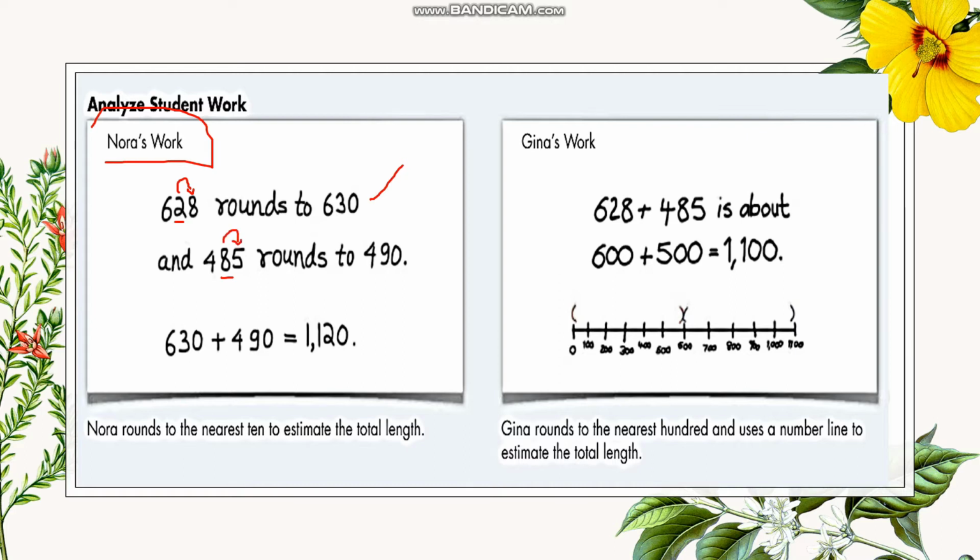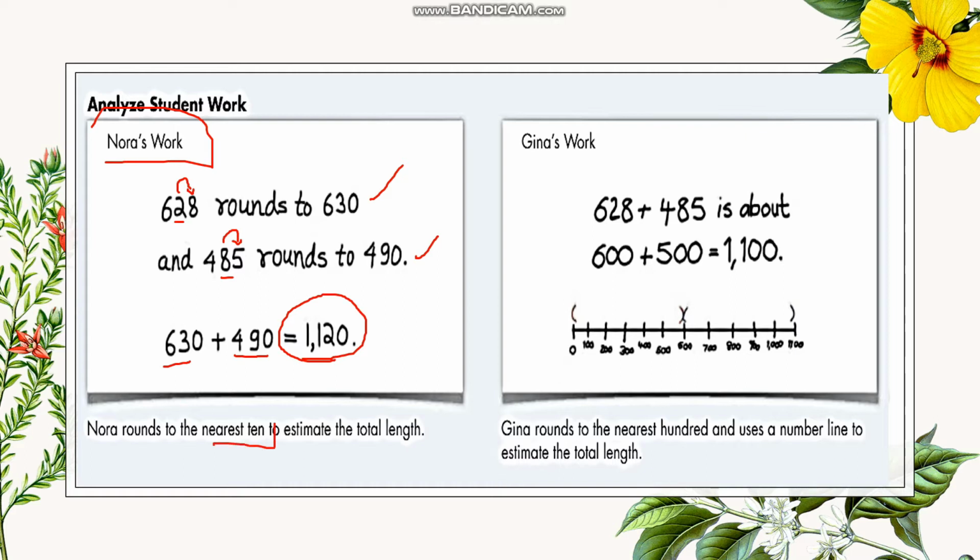So if it is 5 or more, add 1 more. So 8 becomes 9. So 485 becomes 490. So 630 plus 490, the answer is about 1,120 if I'm going to estimate 628 plus 485 to the